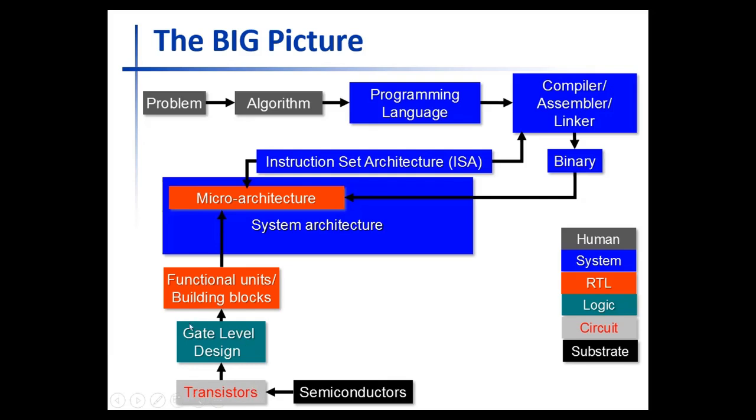At gate level, logic gate level, we manipulate logic levels. At functional unit level, we manipulate numbers, right? Adders deal with numbers. So we manipulate some more higher level quantities called numbers. And at microarchitecture level, when we put all these things together to build a microarchitecture, we manipulate instructions,